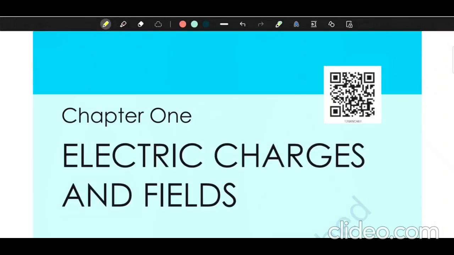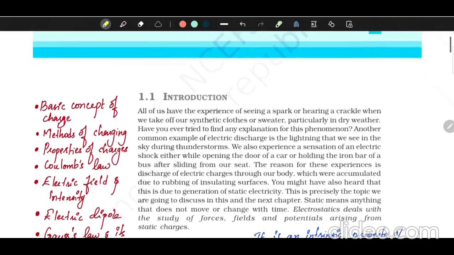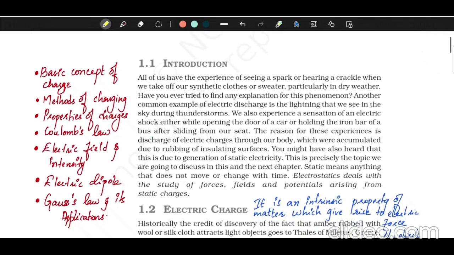Hi children. So today we will go with the chapter electric charges and field. This chapter is very lengthy, but it's okay. It's fine. It's not that difficult. The chapter name goes like electric charges and field, and this chapter consists of a few main things like